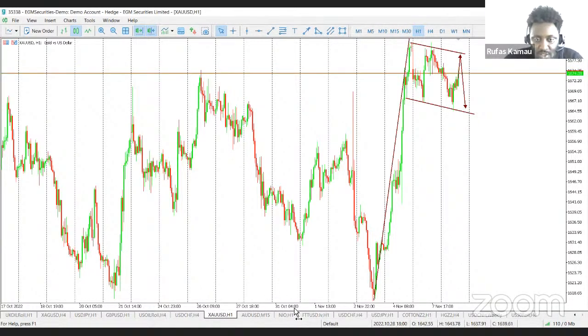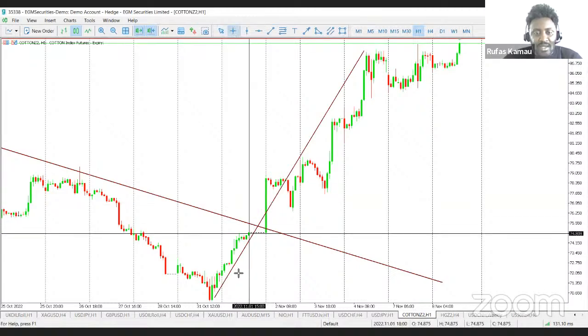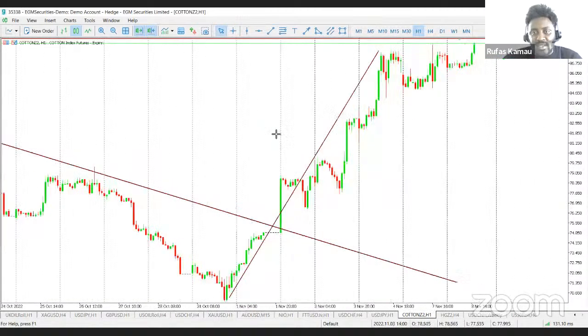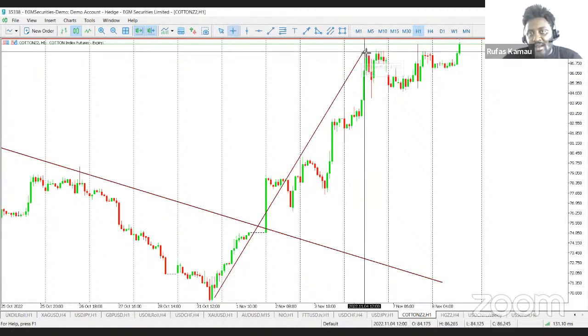Also, one last thing to mention, if you are a cotton trader, after the 20% rise, it seems like the market is eventually now breaking up higher towards the next resistance. So I almost forgot to mention this. Cotton futures are making a very, very strong rally, a very strong case for bullish momentum. So from this bottom here, you can see, just a moment, from this bottom, rally all the way up.